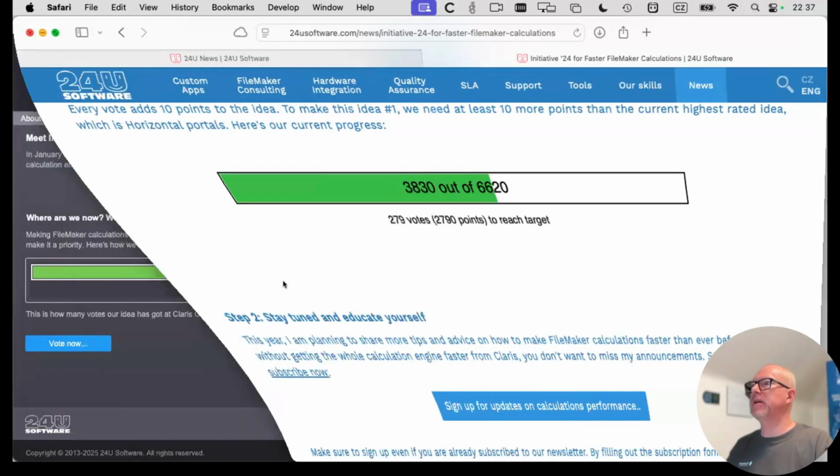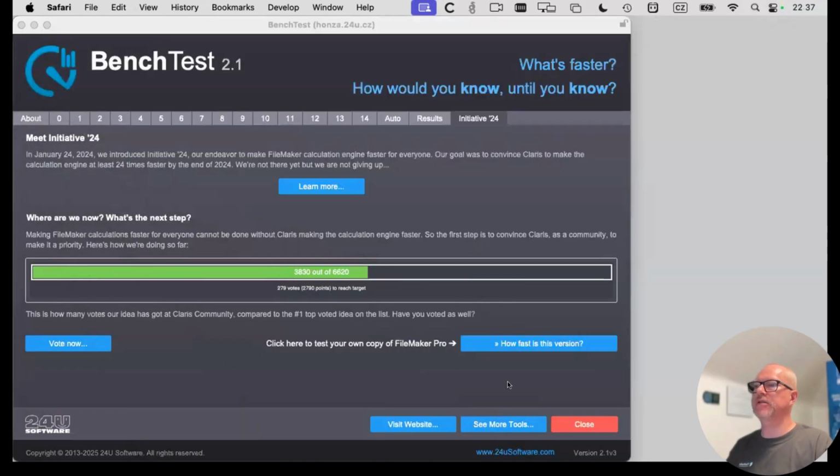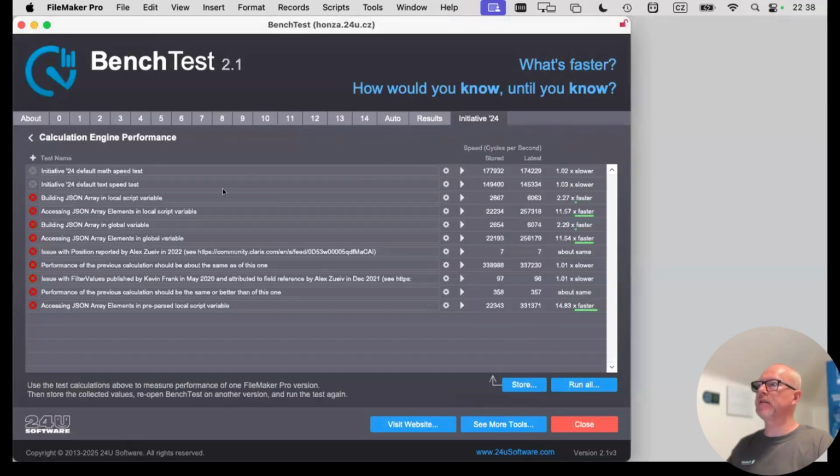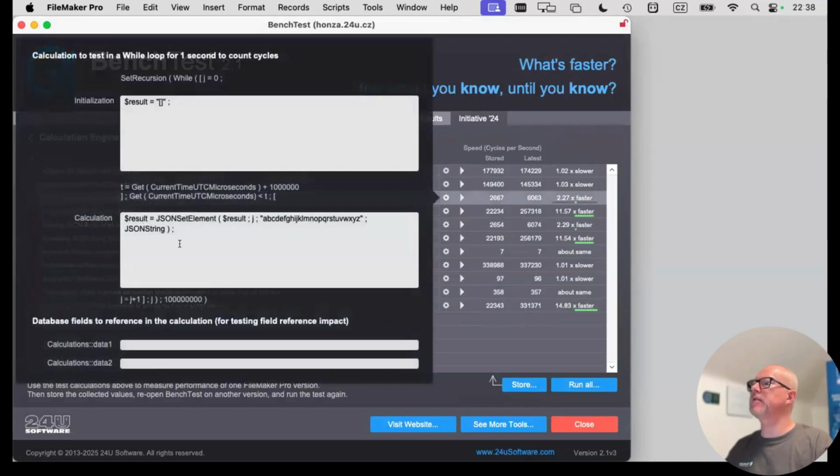Okay, back to the calculations with JSON. With Initiative 24, what I added here is a method to test specific calculation speed and compare them by running them in one version of FileMaker and then in another version of FileMaker. By comparing 21 versus 22, specifically these calculations,